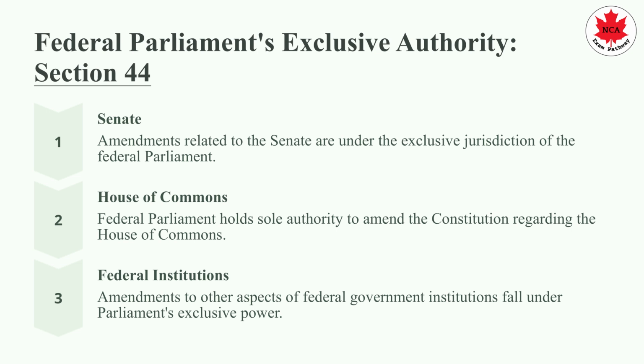Then comes the federal parliament alone, that is dealt with under Section 44. It outlines the federal parliament's exclusive power to unilaterally amend parts of the Constitution that relate only to the federal institutions, that is, in relation to the Senate, the House of Commons, and any other aspects of the federal government's